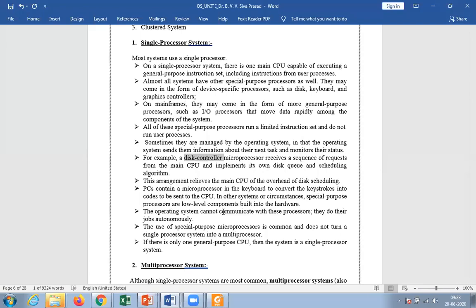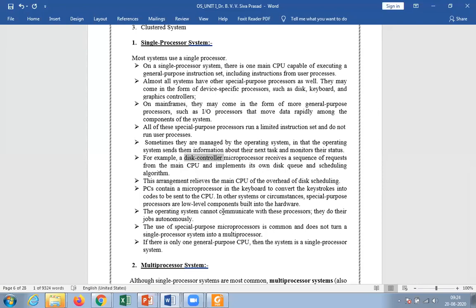There is an inbuilt microprocessor in the keyboard. Whenever you press a key, suppose you press A, the instruction is automatically given to the CPU, and the CPU identifies the key based on the keystroke.